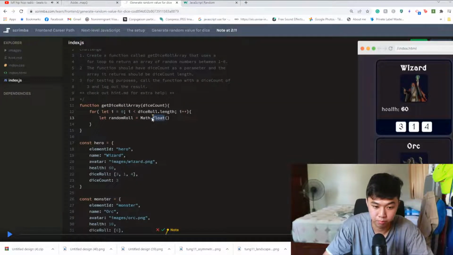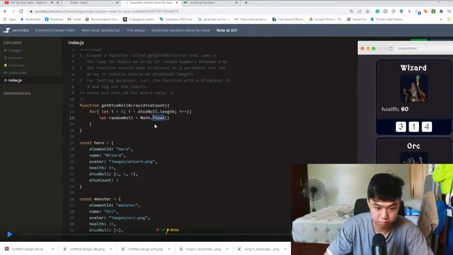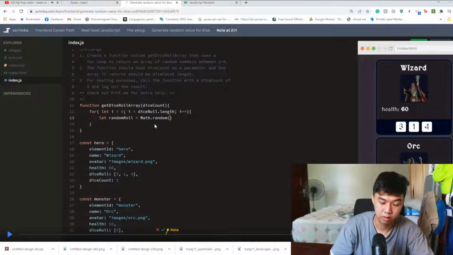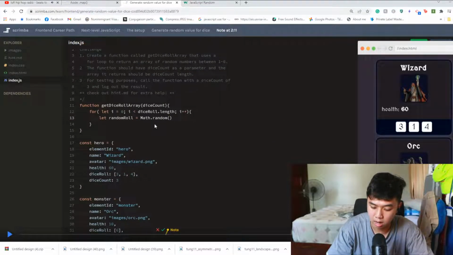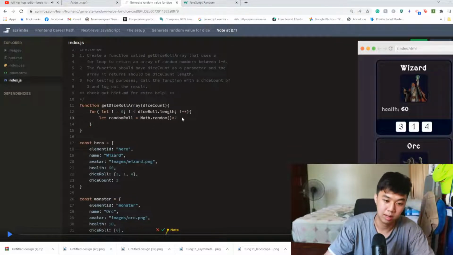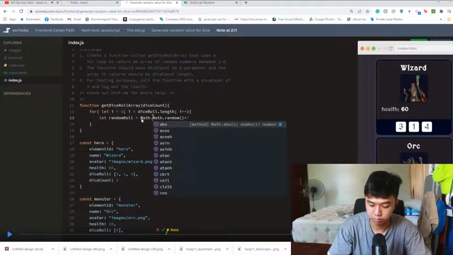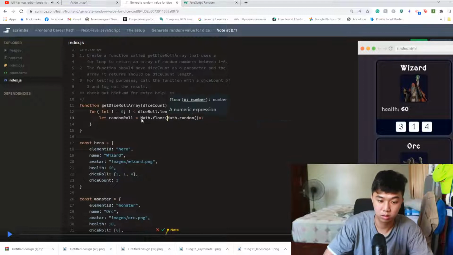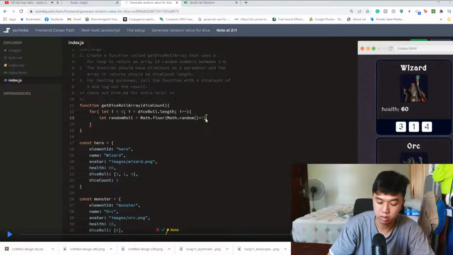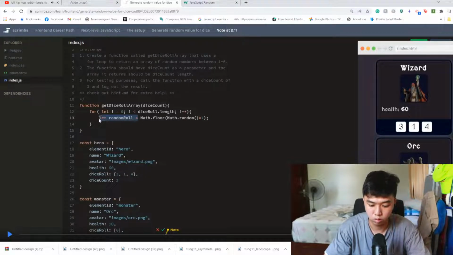Math.random. This is going to be times 7, so it's going to be less than 7, more than 6. Math dot, could this be floor? Right. What we can do here is return